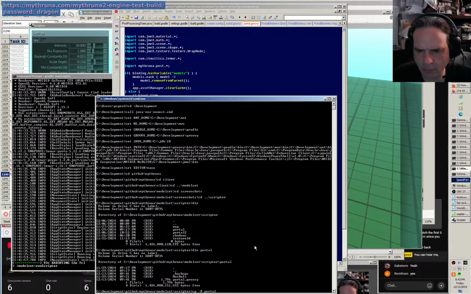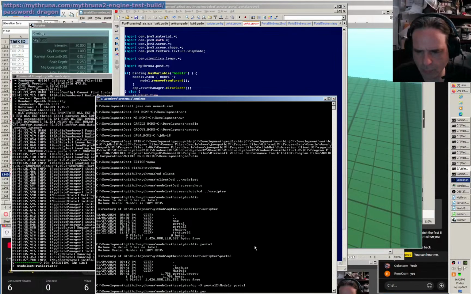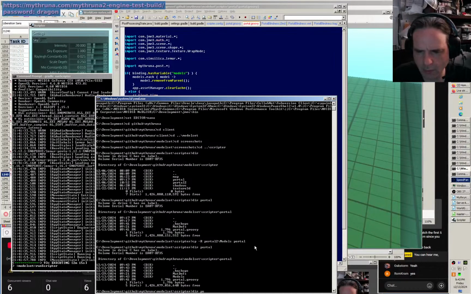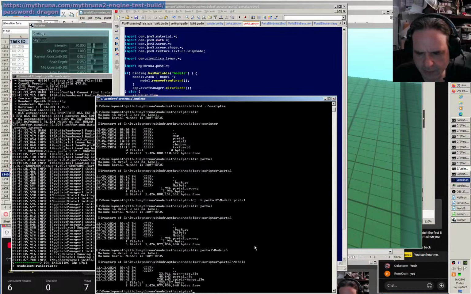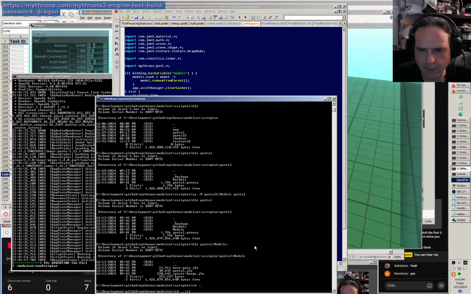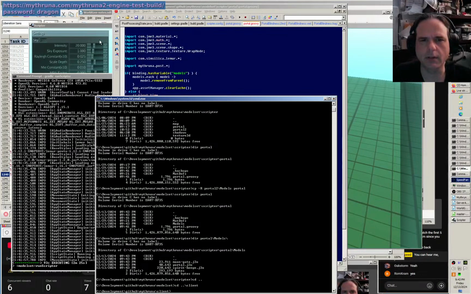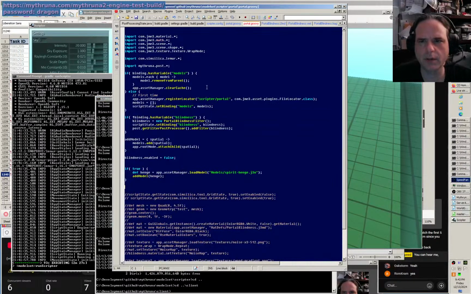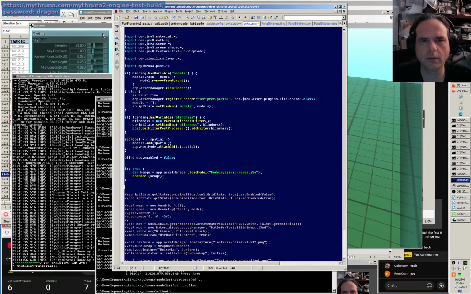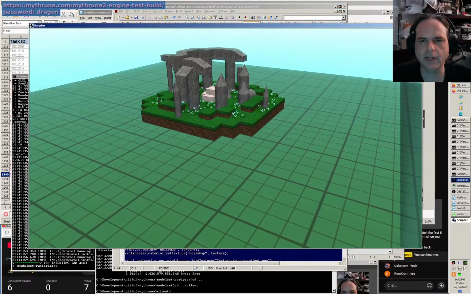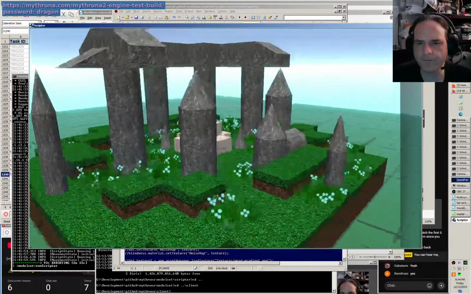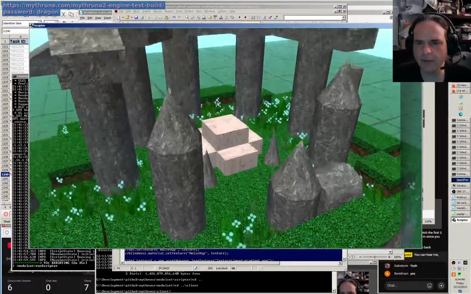CP-R portal models, portal 2 models to portal. Okay, now I have models there. Oh yeah, I even have a moon gate and a portal if I want to load it. Alright. Okie dokie. So then this should work if we save it. Boink. Yep. Okay, so now we have a little sample scene